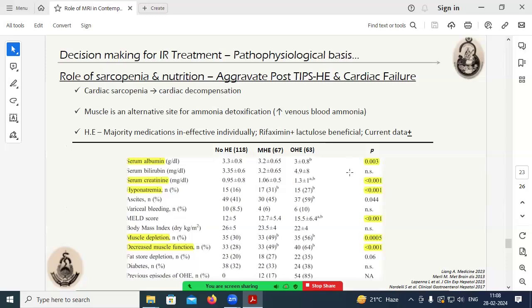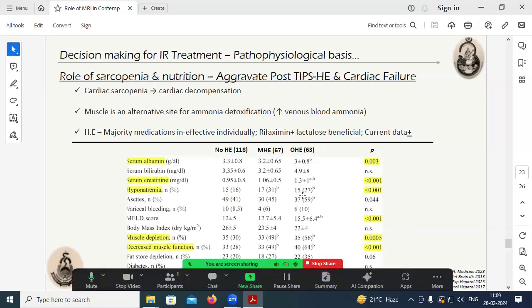for portal hypertension. The probable hypothesis is that muscle is an alternative site for ammonia detoxification. So if somebody has a compromised liver and compromised muscle, there will be no other place where the ammonia can be detoxified from the blood, and the patient will end up having refractory encephalopathy. This is one article in which they have shown that factors like serum albumin, hyponatremia, muscle depletion, and muscle mass function, all these things, in patients having low values, carry high chances of having overt and mild